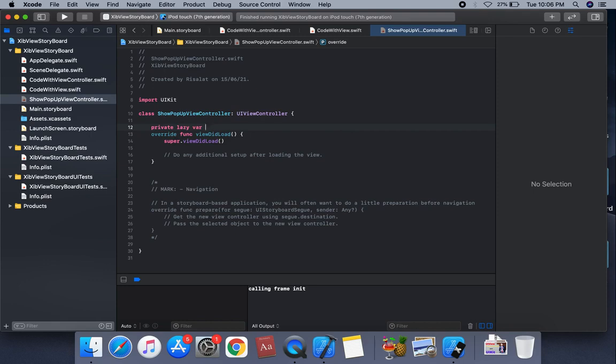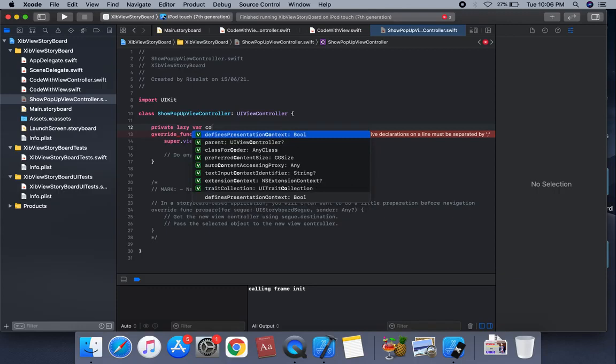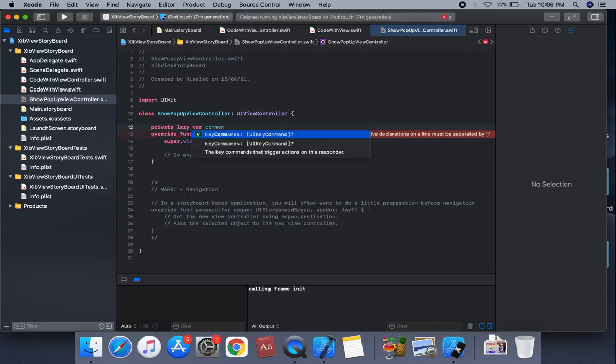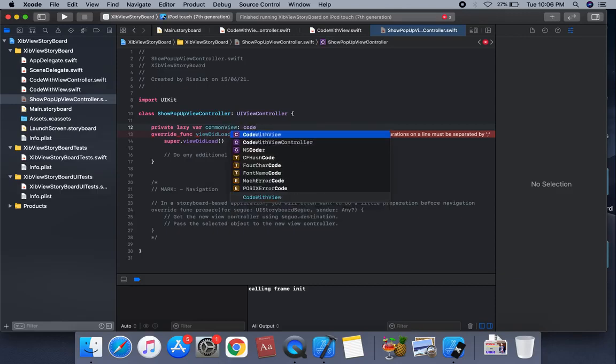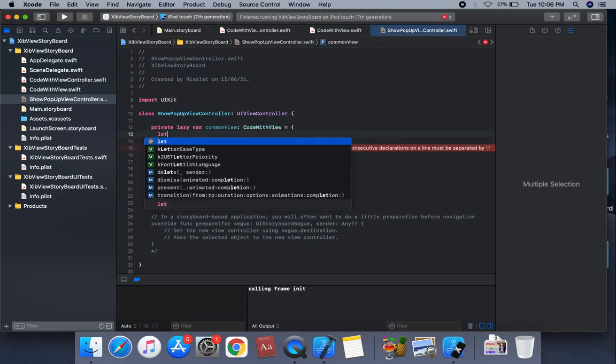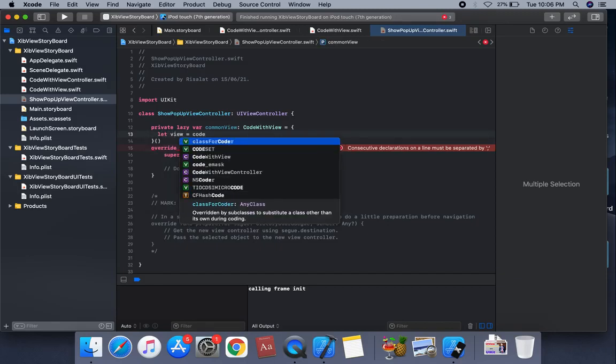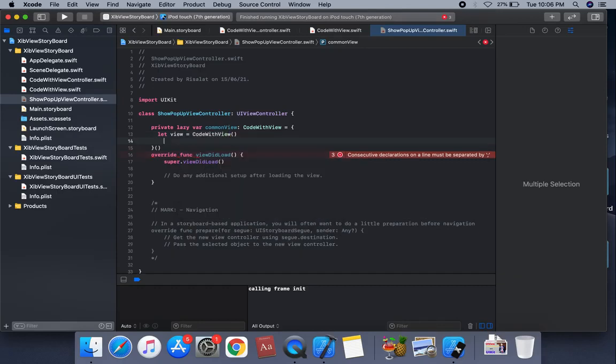So we're gonna create the instance code common view, which is type of code with view, and we're gonna create the lambda and let view is equal to code with view. We're gonna create the instance on this view, return on this view.